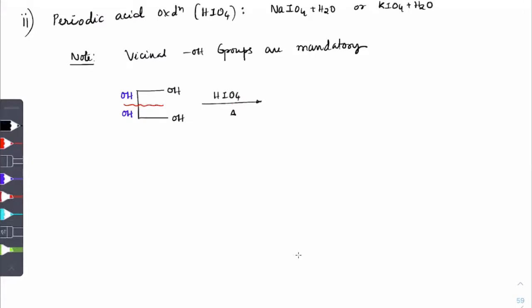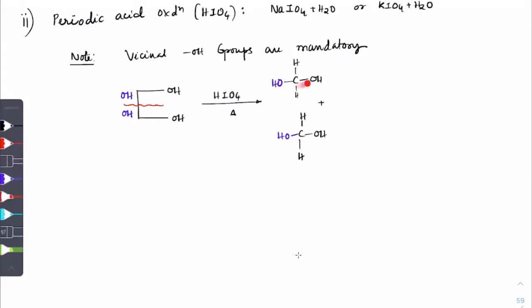So typically what do we have here now? We have C-OH plus C-OH. One hydrogen was already there with it, and now one OH has joined here. Same way here also, one OH has joined, and one hydrogen is present on that. So this way, break the carbon-carbon bond and give two OH groups.